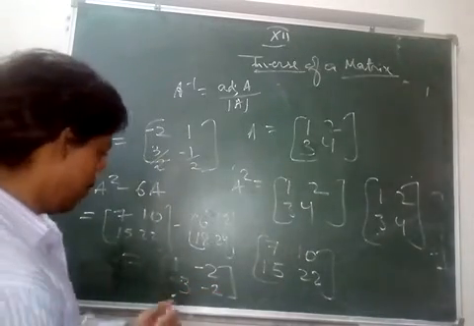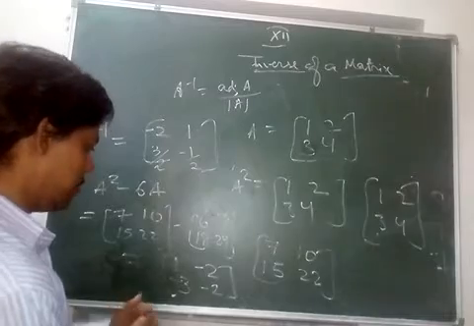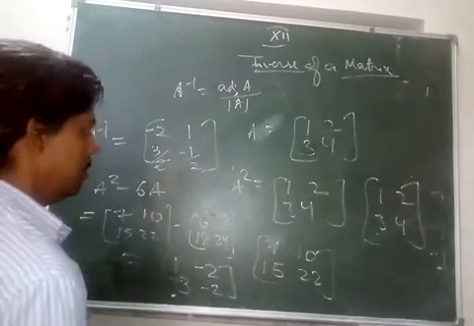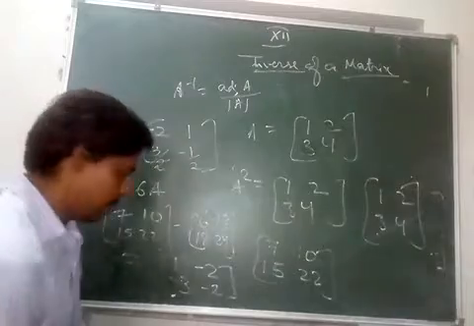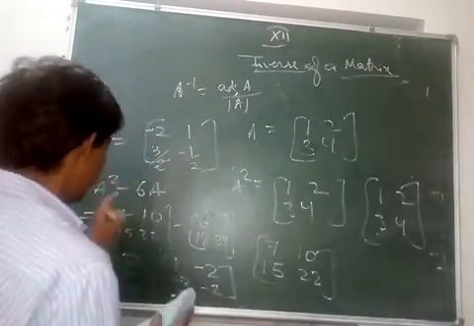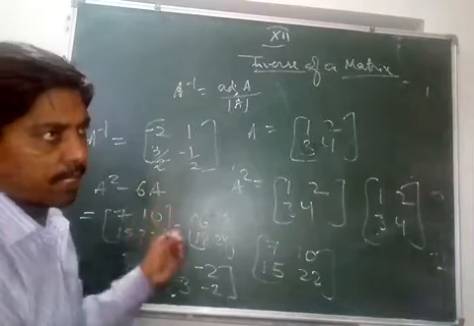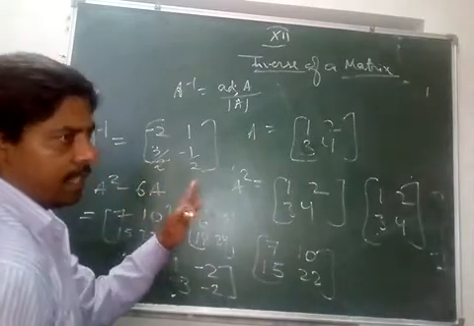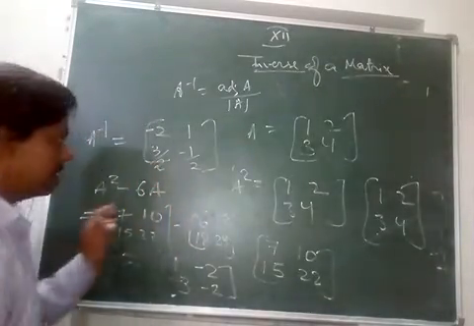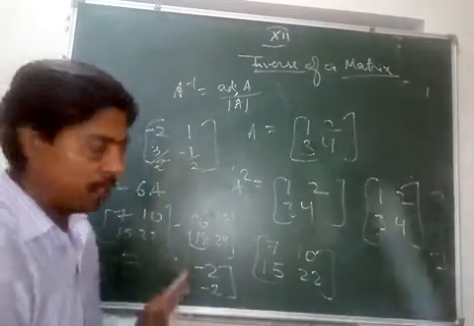So how many times can we add I to get it to 0? Now this cannot be 0. This is just an example. Let's make 5A. We are trying something because this kind of question you will find in the book. I don't know if it is 5A, 6A, whatever. We will make something and then add I, and if it becomes 0, then we can say that this matrix satisfies the given equation.